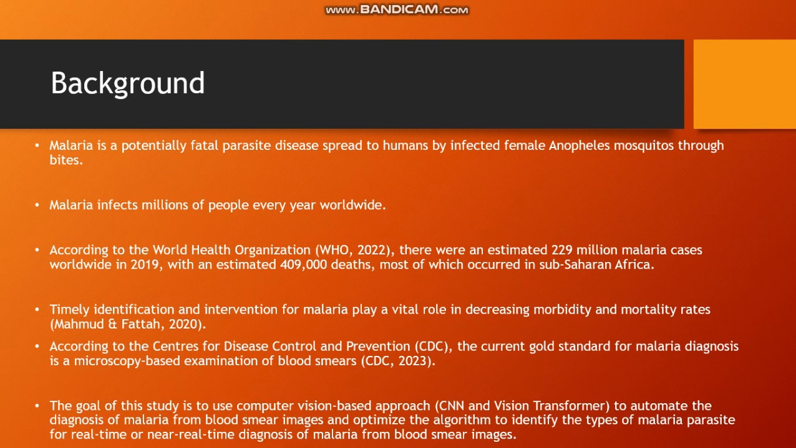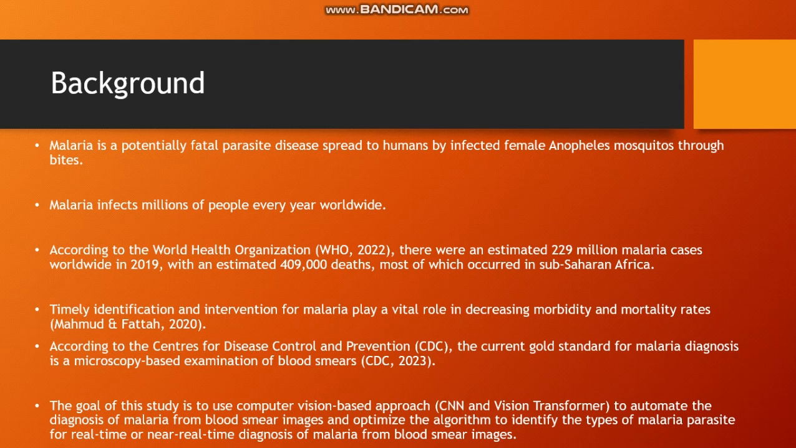A timely identification and intervention for malaria plays a vital role in decreasing morbidity and mortality rate. According to the Centers for Disease Control and Prevention, the current gold standard for malaria diagnosis is a microscopy-based examination of blood smears. However, this method can be time-consuming and require trained personnel, making it difficult to scale up and reach remote areas. It's also subjective in that the test results are only as good as the laboratory where it was conducted. Hence, the goal of this study is to